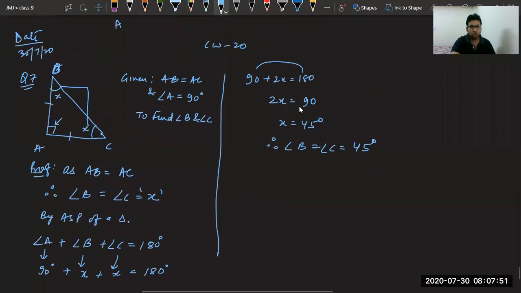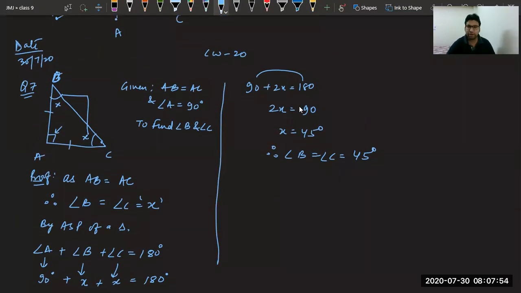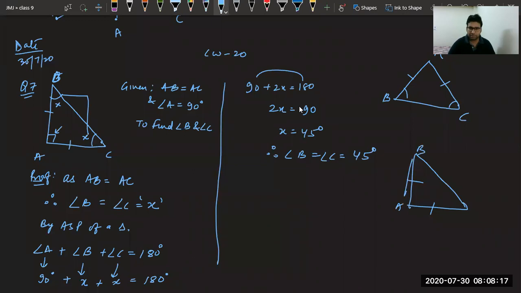Sir, how angle B equal to angle C? Okay, beta, 1 second. The thing is, we have a habit of seeing triangles like this. From childhood, we have seen triangles like this, AB equal to AC. Then we say these angles are equal. In this question, they have just rotated the triangle like this. And this time, they said this side is equal to this side, that means AB is equal to AC. So if they two are equal, that means angle opposite to AC, that is angle B, and angle opposite to AB, that is angle C, are equal.